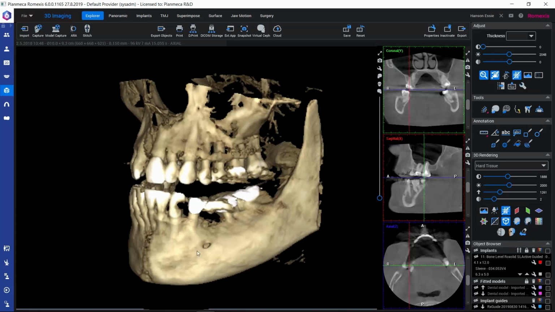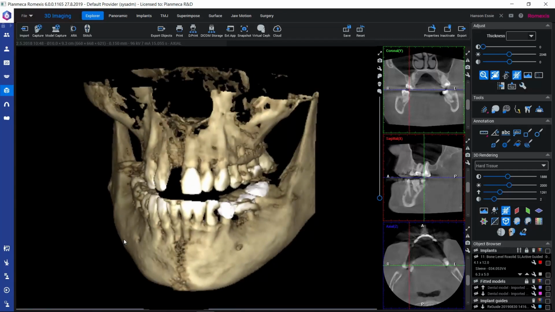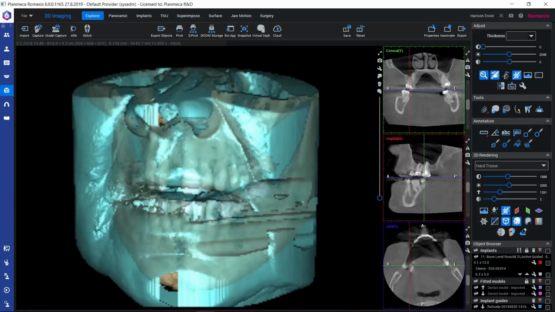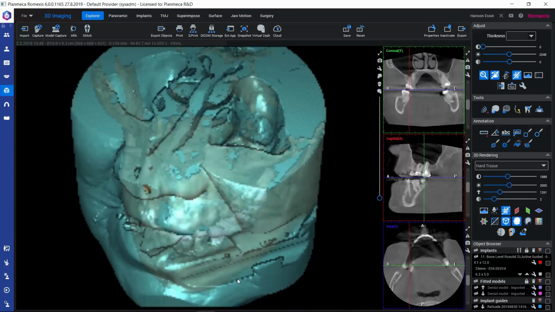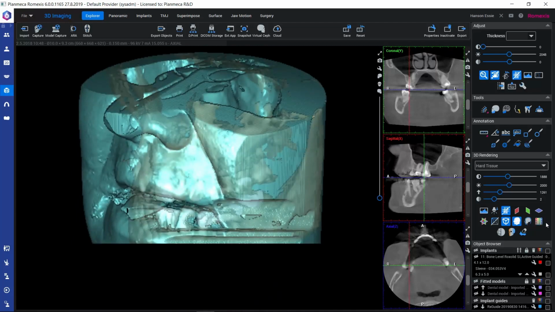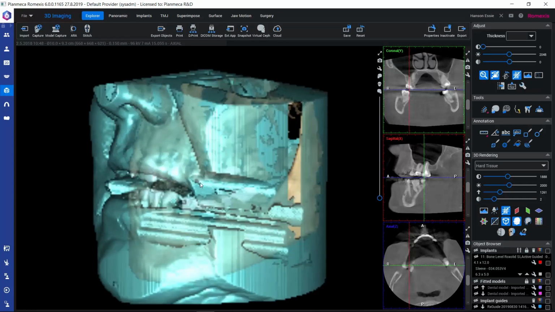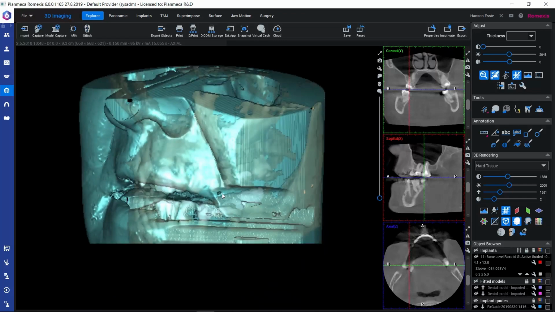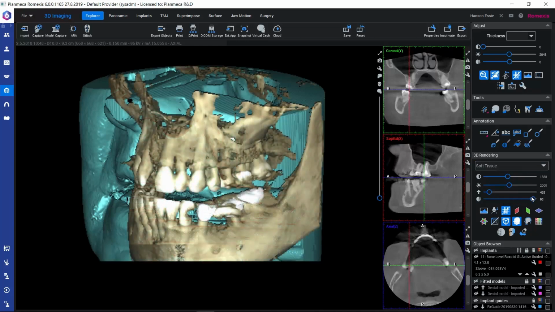Let's still take a look at how we can display also soft tissue here on the volume, or colored soft tissue. So we could activate here this function for showing all the soft tissue in color, and we could actually change the color also using these color boxes here. And when we have this soft tissue mode activated, we could also adjust the soft tissue. So if we select the soft tissue here in the drop down, we could, for example, change the transparency of